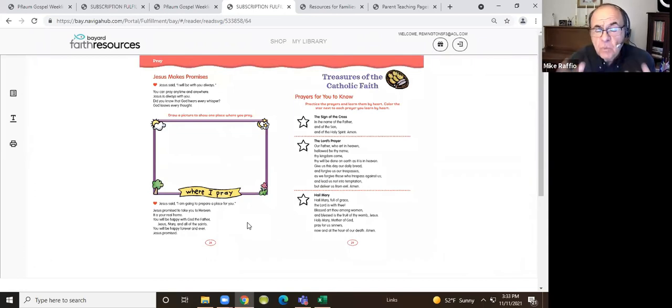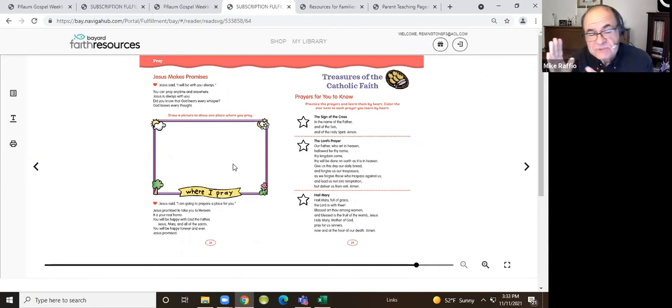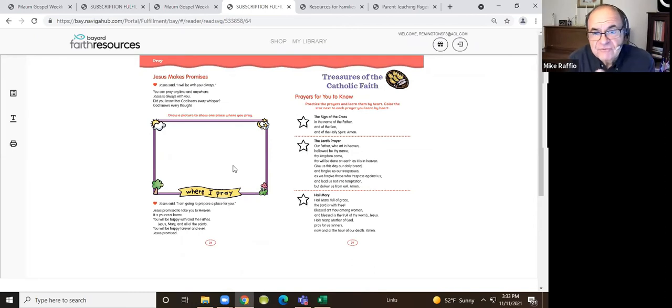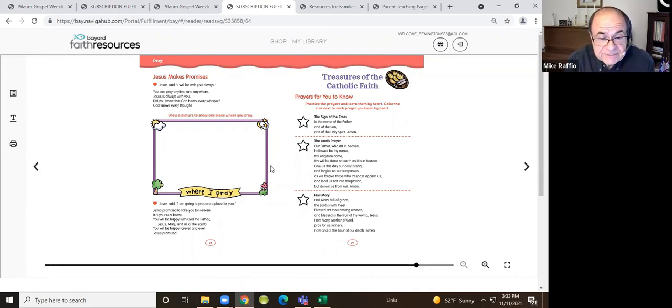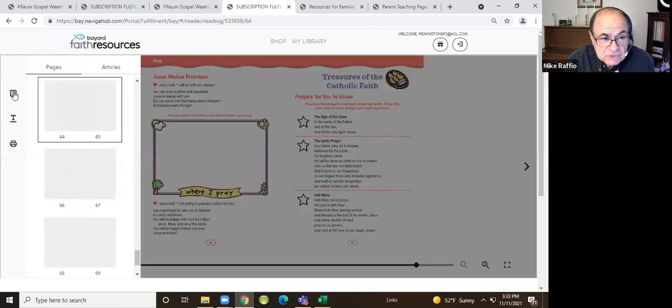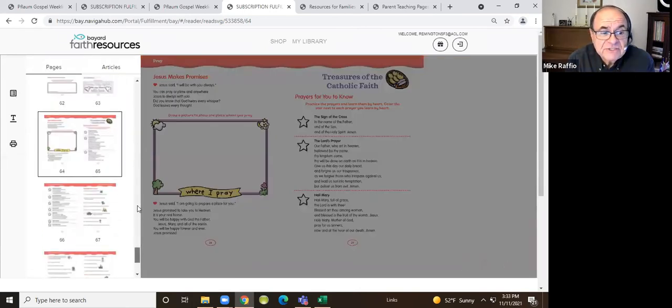So when you're doing this lesson with a child, when you get to that point, all the parent needs to do is click on the page number. It will take them directly to the page in the WCBT. What the church believes and teaches, we call it WCBT because it's shorthand for us. It'll take you to the page in the Catechism Handbook, and you're able to use it. You can print it. You can print this out. And then if you go back to the table of contents page, then you would scroll up and get yourself back to the page that you just left.